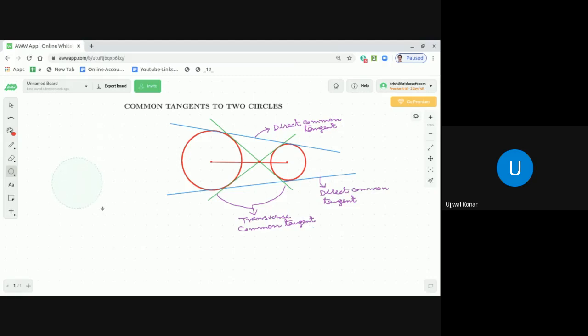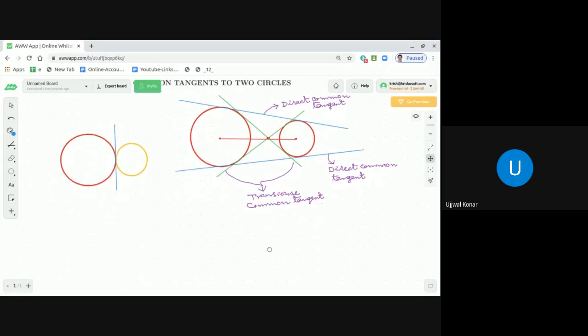Suppose this is one circle, and another circle I am drawing in a different color, but they need to touch each other externally. So if you see, they touch each other externally. So now, if I draw a straight line, which is a tangent, and if I draw this in blue color, this straight line is actually a common tangent. Okay, and also I can give you another illustration where the common tangent is coming, like that when